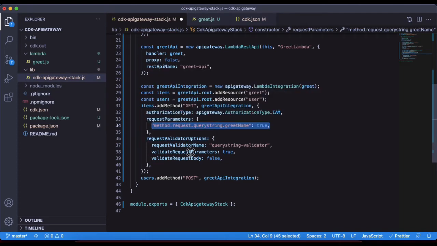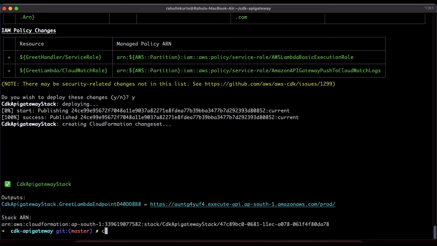Here we are saying we need to validate the request parameters coming to the API Gateway, and request body validation is false on this GET endpoint. So now once this code is done, let us save and deploy the code.